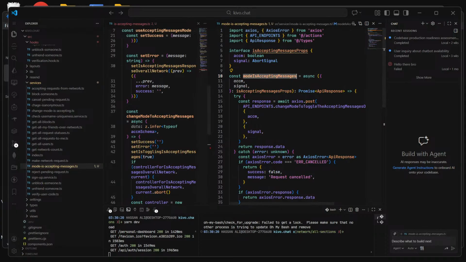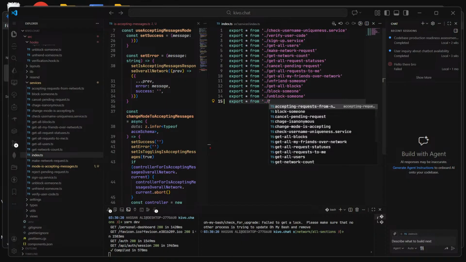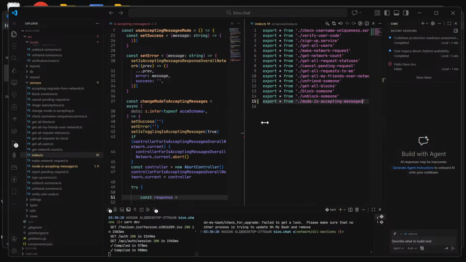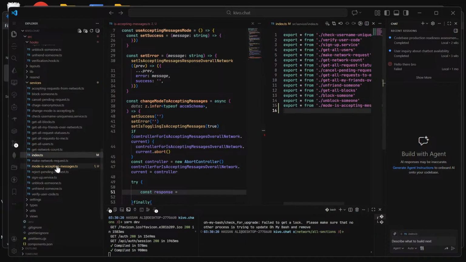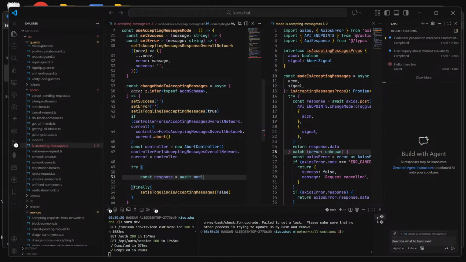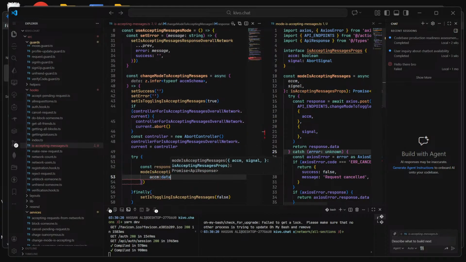What is the name? I have to export it as well. So let me just export it from the index file. Mode is accepting messages. Okay, so what was the name for the function? Await mode is accepting ACCM. That will be the